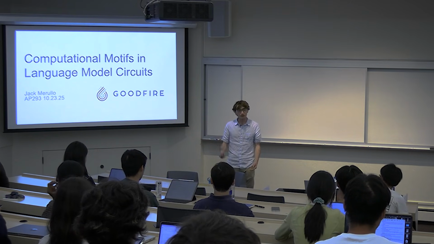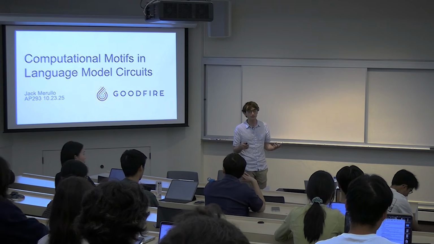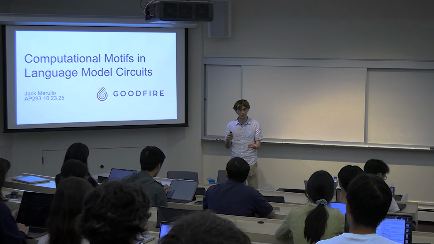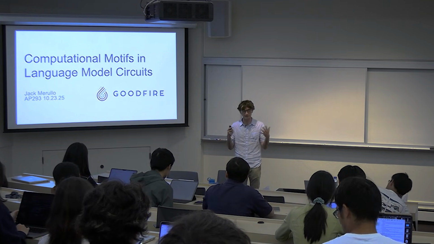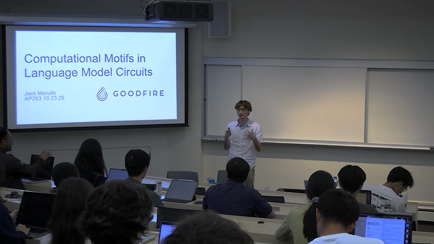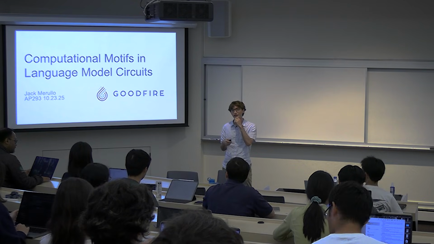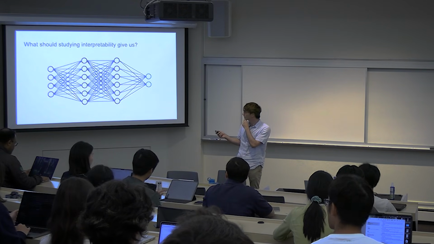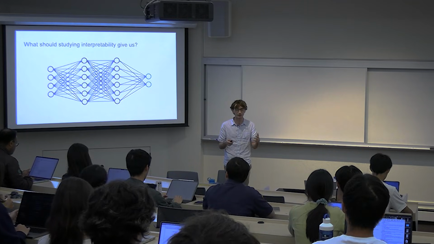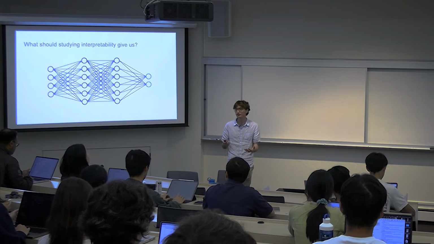So you guys have been talking a bit about circuits in models recently, so I wanted to talk about the kind of patterns that we find and abstractions that we can pull out of doing that really low level analysis, and talk a bit about what we can do with that and what we learn about models. So to start, I want to pose: what should interpretability be able to give us? What should we learn about models by doing interpretability? So not necessarily what should we use interpretability for, but what information do we get from actually doing this?